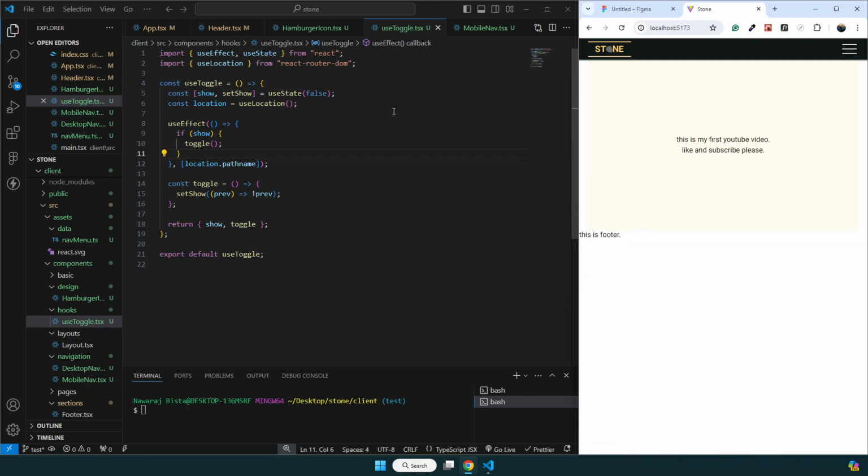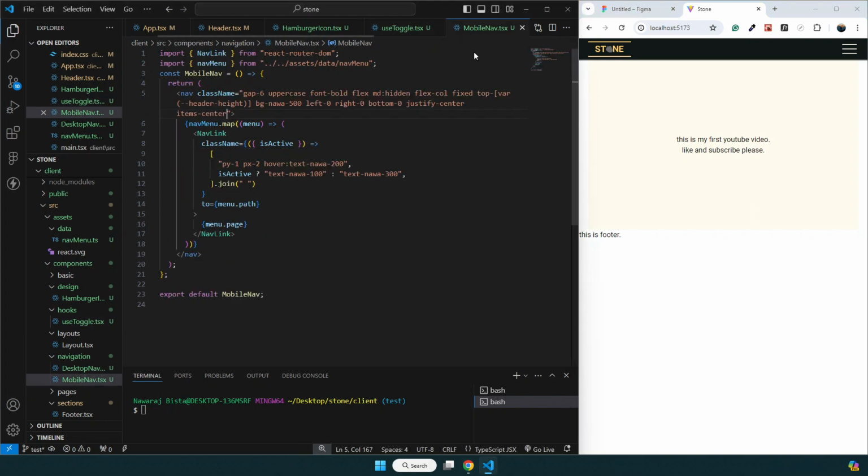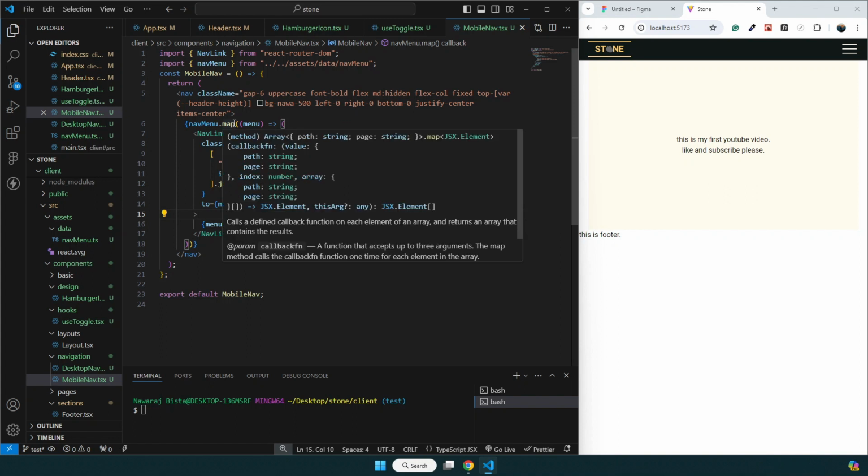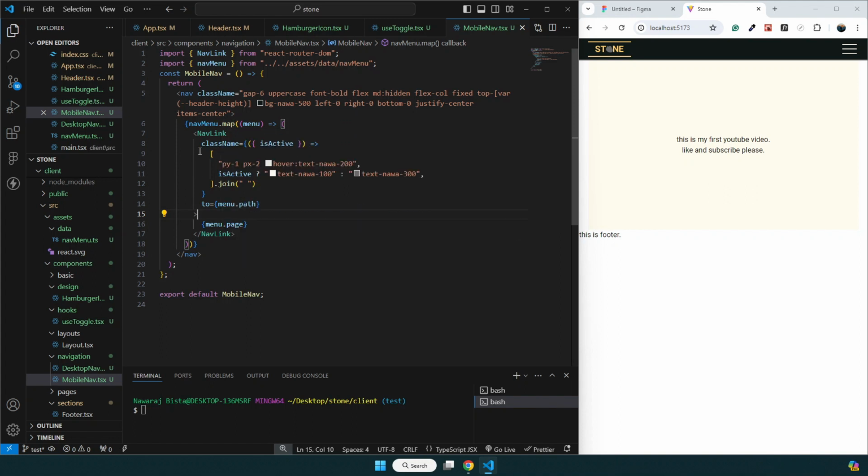Okay, and let me go to the mobile nav. One thing I just remembered, and I see something I'm doing wrong over here, so I want to show that to you guys also. Every time we use this map function, we have to provide the key for each element. Otherwise, if you go to the console and check, there will be an error. We have to tell which element is which by key